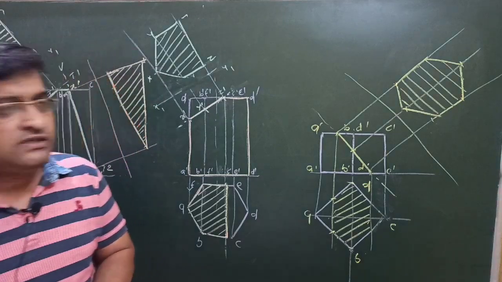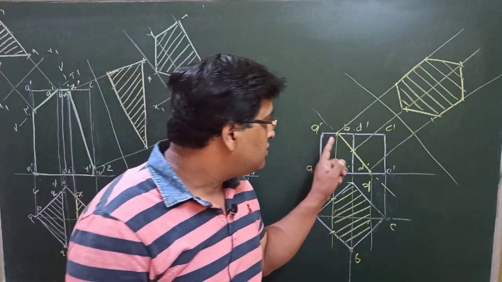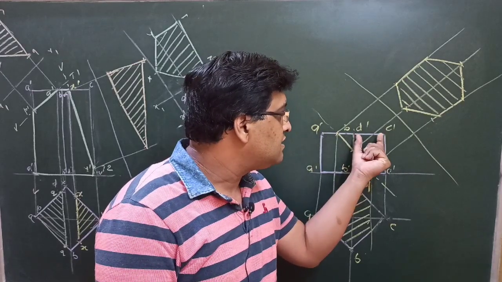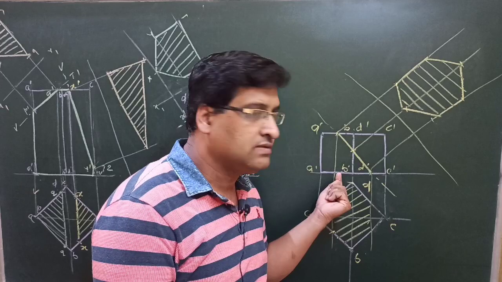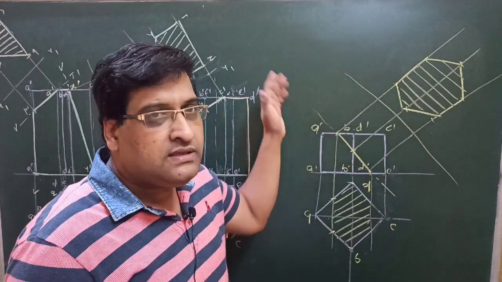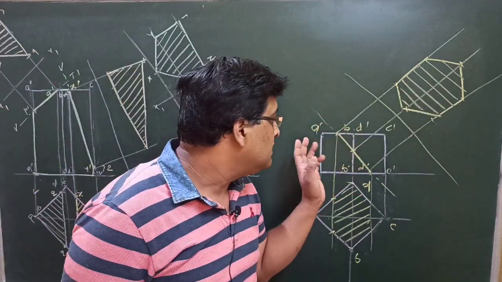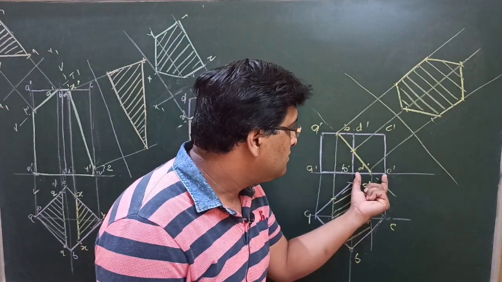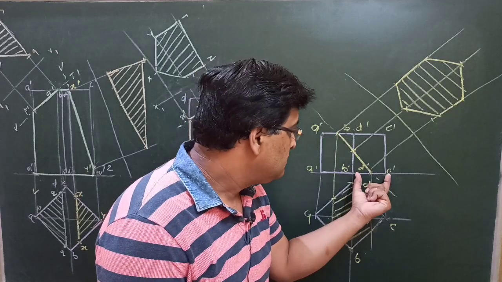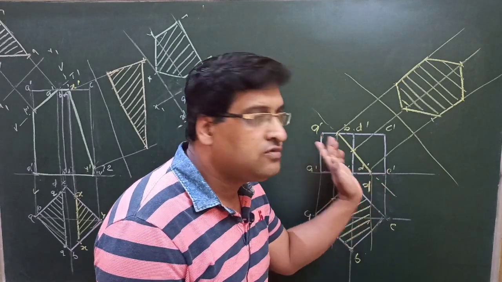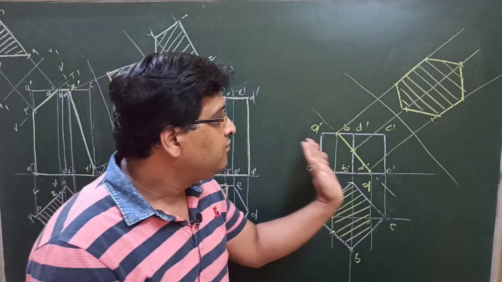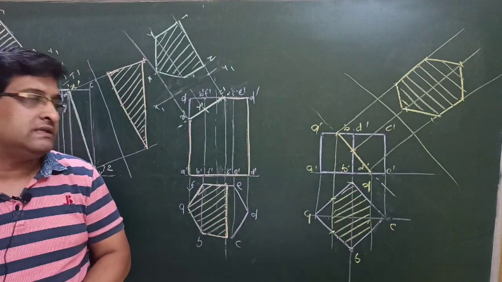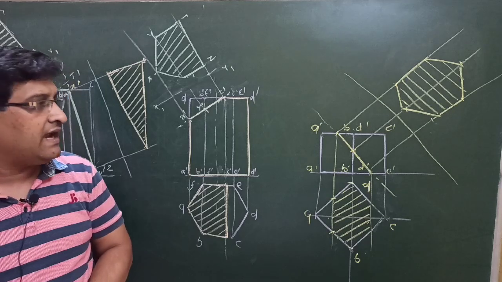So in this particular problem, you have to take the midpoints of these 2 lines. Either this, you can take this also, 1 point here, 1 point this one. So the true shape will be on this side only. This will be the only difference. Now we have taken the A to D or A to B midpoint, and B to C or D to C midpoint. Join them to identify the position of the cutting plane and draw the section here. So this is all about sections of prisms and cubes.